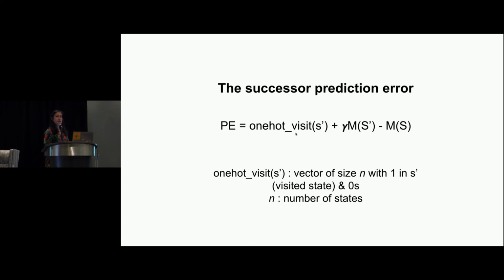It says every time I go to S prime, I'm going to visit it. I'm going to say 1, add 1 count, so it's count-based learning. And then I'm just going to inherit the discounted successors, all of the future of the next state that I've ended up in, and then see if my successor representation had it already. That's the prediction error. The beauty of it, the reason it's multi-step, is that every time I go from one state to another state, I am inheriting all the future of that state,